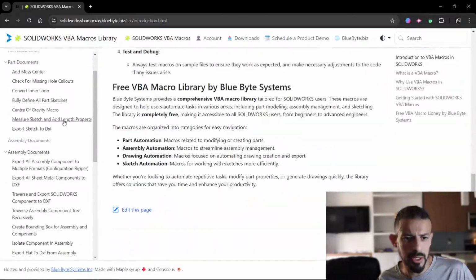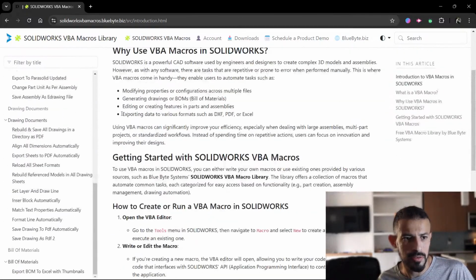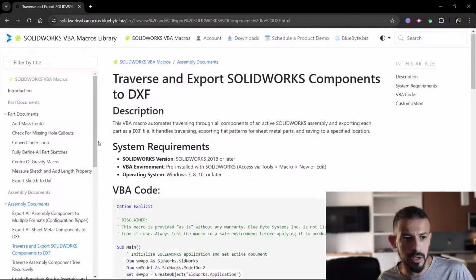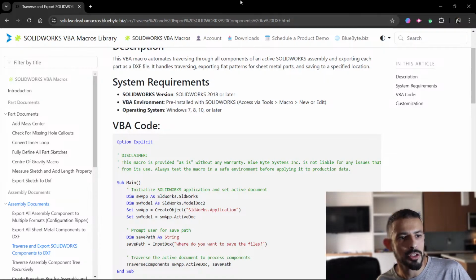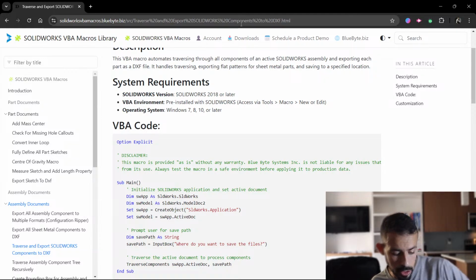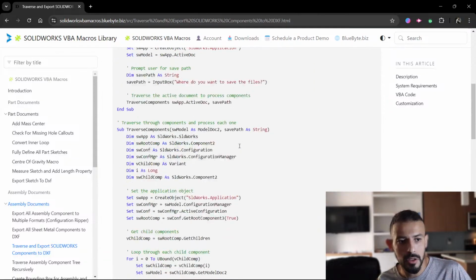Soon I think we're going to be hitting more than 30 macros in this VBA macro library here. And the goal is to initially get to 50 and then 100 and then 200 and so on. Keep adding macros here to share love with the community. So if you have an idea for a VBA macro that you think is useful, feel free. We'll write it out here in the stream and put it publicly so that everybody can use that. Maybe get some inspiration